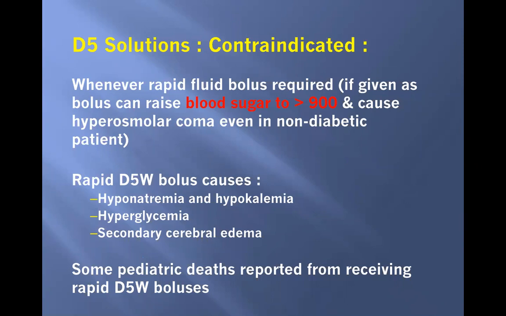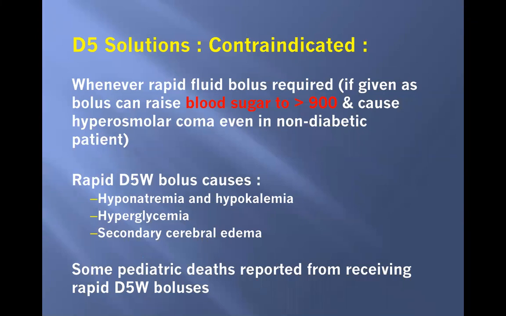Contraindication of 5% dextrose: whenever a rapid fluid bolus is required, if given as a bolus, it can raise blood sugar to more than 900 and cause hyperosmolar coma even in a non-diabetic patient. So this is a case of an increase in glucose level due to rapid infusion of 5% glucose solution, which is here contraindicated